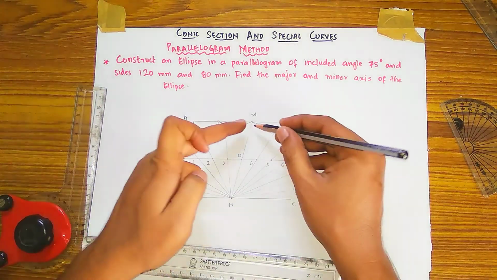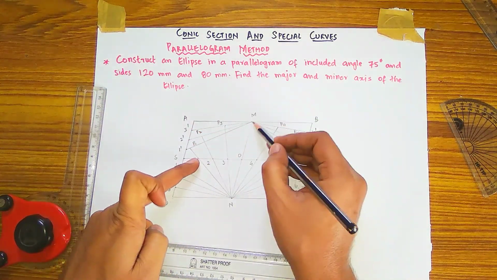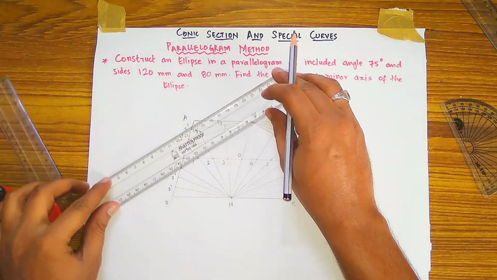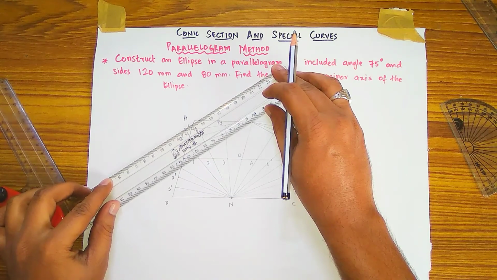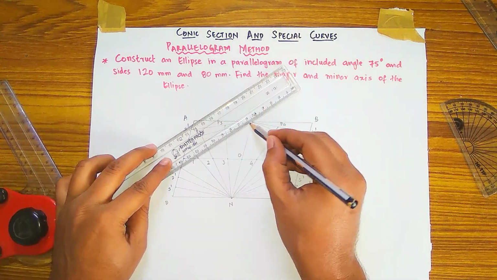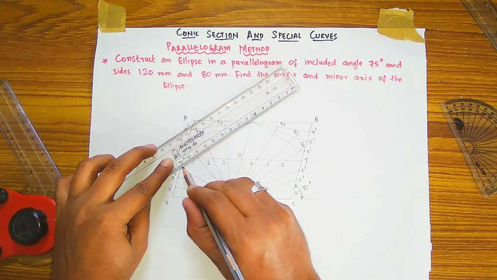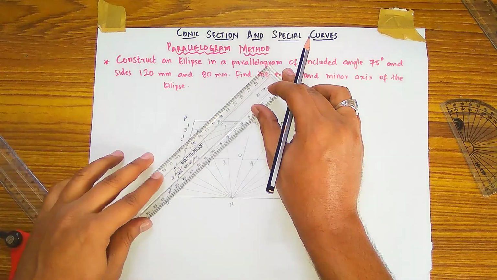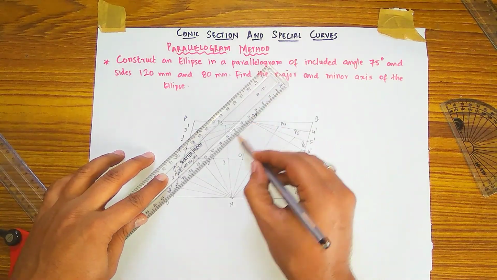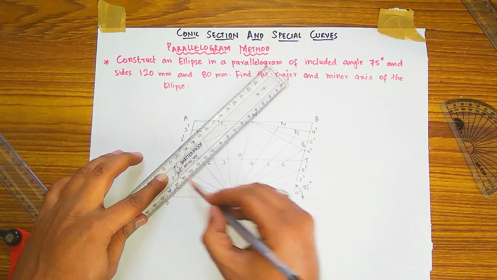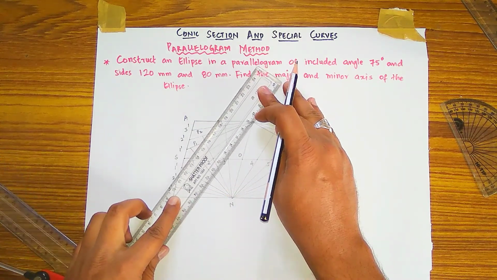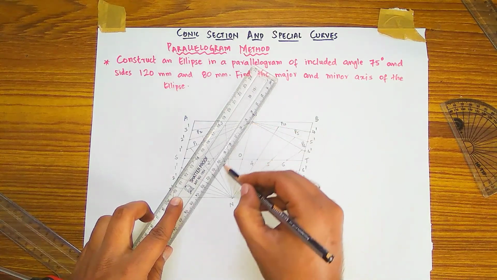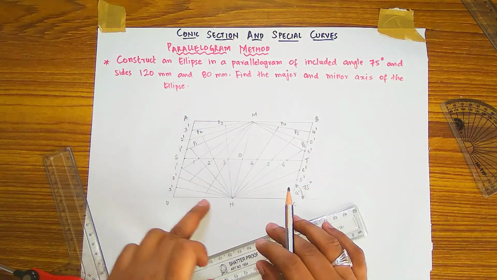Now from the M you have to make a line by joining 1 till 1 dash. For example, from M, 1, from M, 1 dash. For 2 also same, from M to 2 dash. This is a 2 dash line. From M, 3 dash. These points you got.